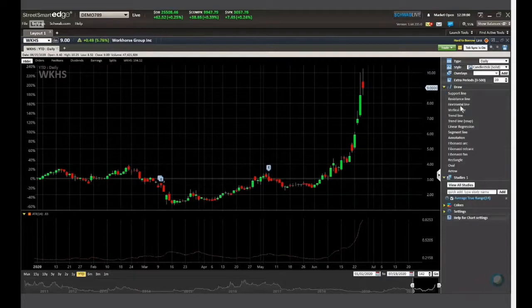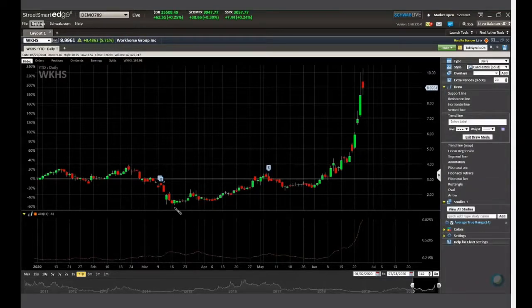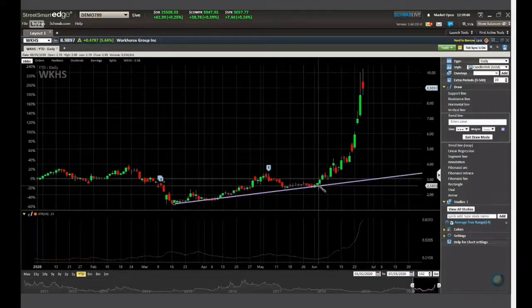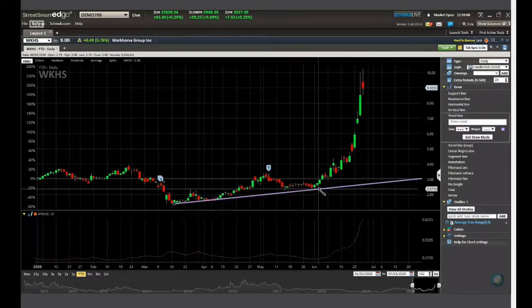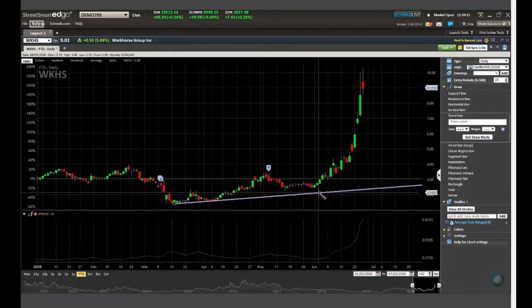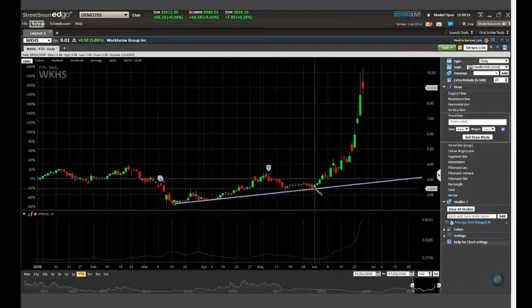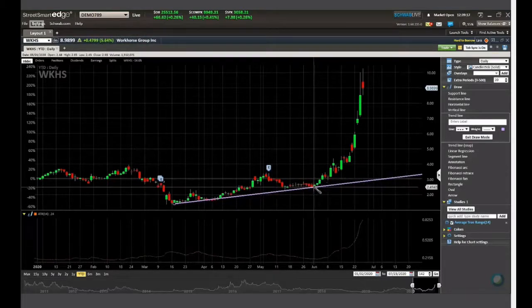But what you can do is, if you were interested in this position before it took off, maybe you come in here and you draw a trend line. So what am I going to do? I'm going to left click and hold, and I'm dragging, and the more times it hits, the stronger it's said to be. So I might release down here, so I get this one, but then I don't get this one. I want to get the most that I can. So I'm going to go somewhere right about here.